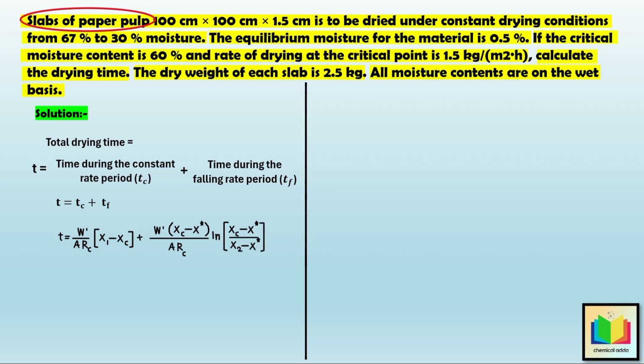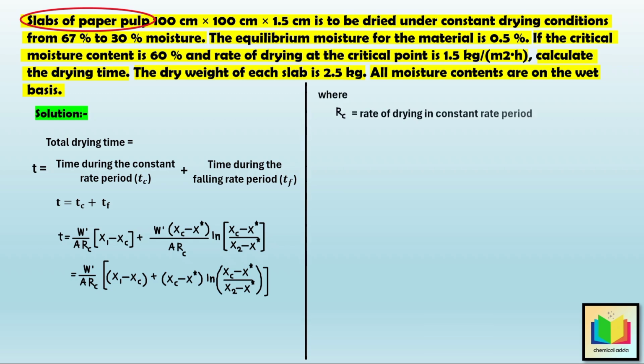Now, if we take W dash divided by A Rc common from both terms, we get T is equal to W dash divided by A Rc in bracket X1 minus Xc plus Xc minus X star into ln of Xc minus X star divided by X2 minus X star, where Rc is equal to the rate of drying in a constant rate period,